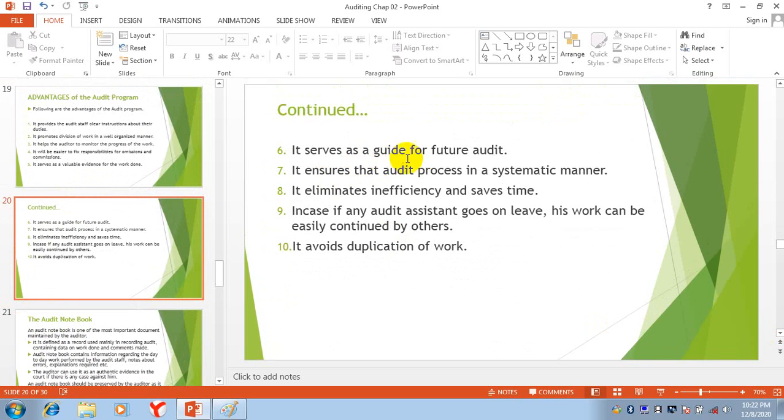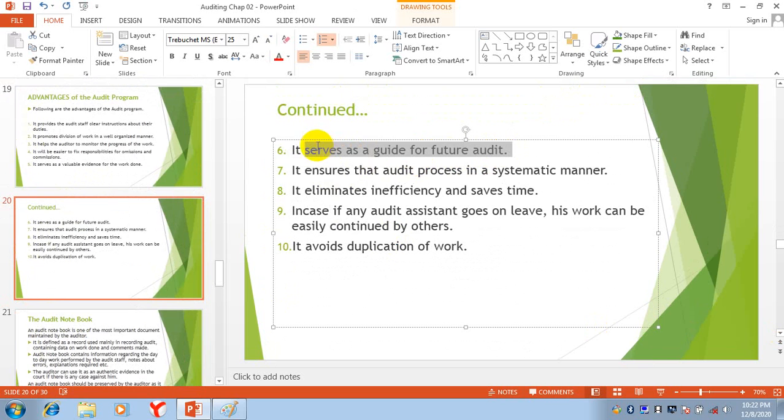In future, this audit program will be a guide for a future audit. It enables the audit process in a systematic manner, and this audit program will help us to conduct the audit in a systematic, step-by-step manner.